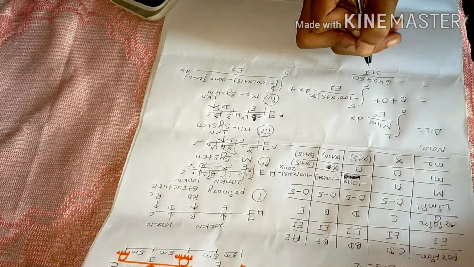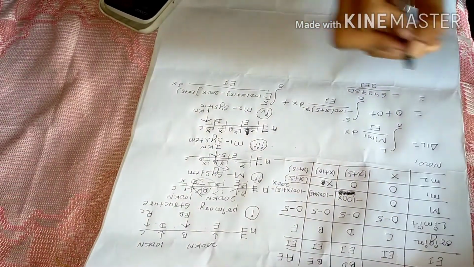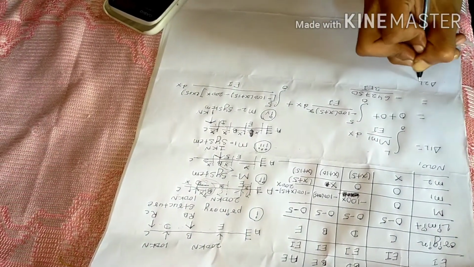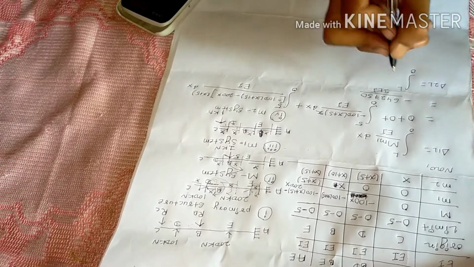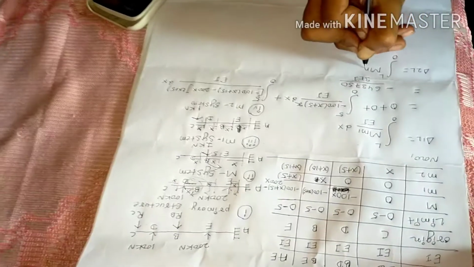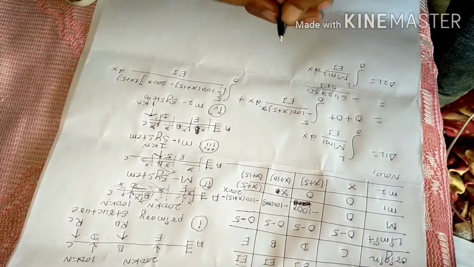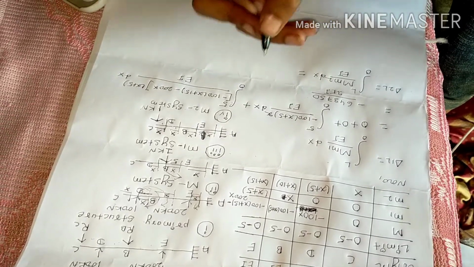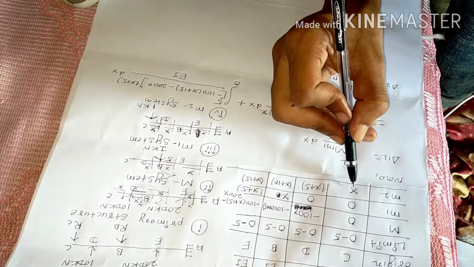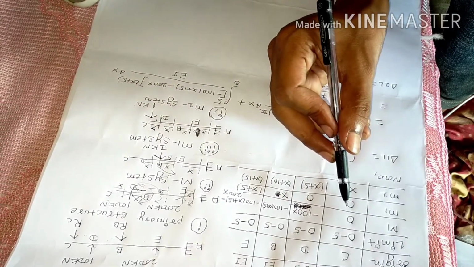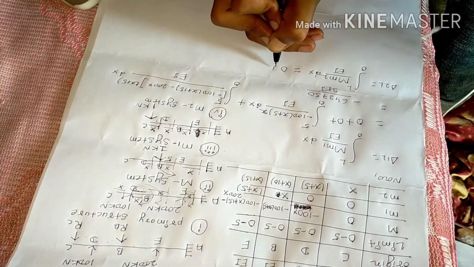Also, according to force method, to generate the flexibility matrix, we have to calculate del 2L, and the formula of del 2L is the integral from 0 to L of m into m2 divided by EI dx. In the figure, we can see for portion CD, m moment is 0 and m2 moment is x. If you multiply m moment with m2, then it will become 0, that is 0 plus.